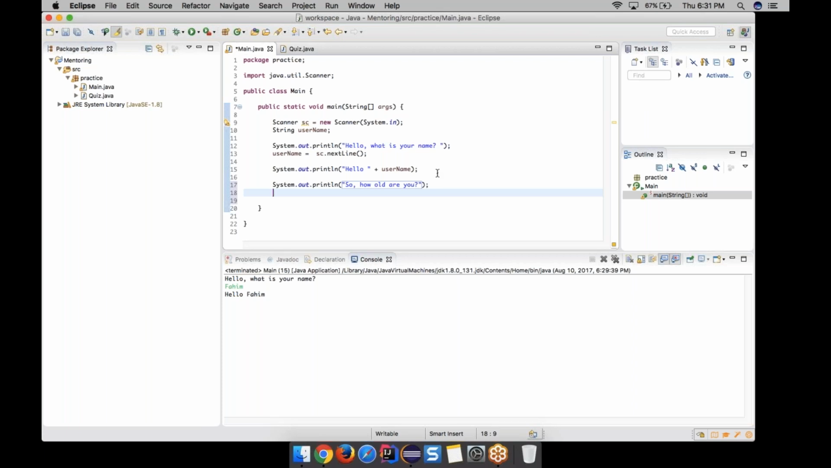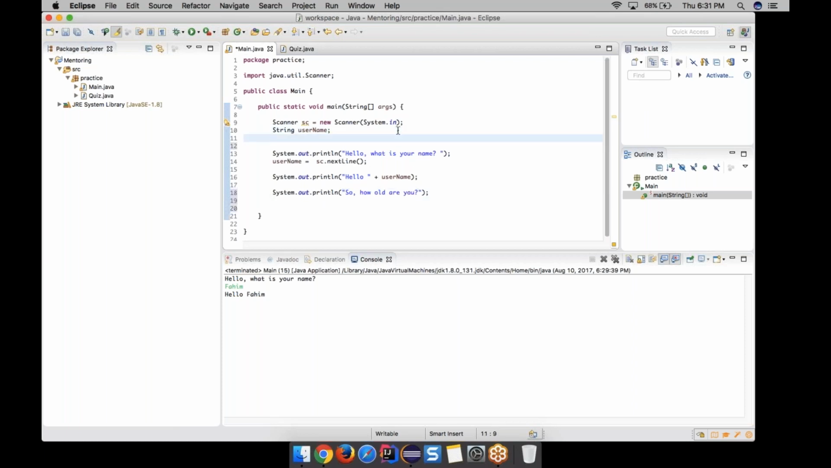Am I gonna use the username variable? Does that make sense to you guys? No, right? I would need to create another variable that holds an integer type. Since we're asking for the age, we're gonna create an int, and I'm gonna say user age. So I created that variable right here, and now I could just say user age equals, and what do